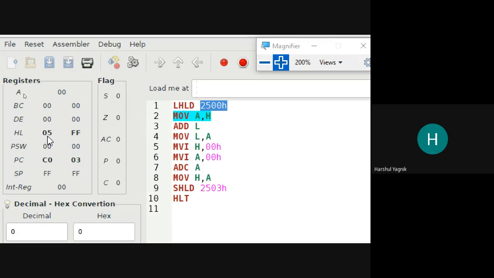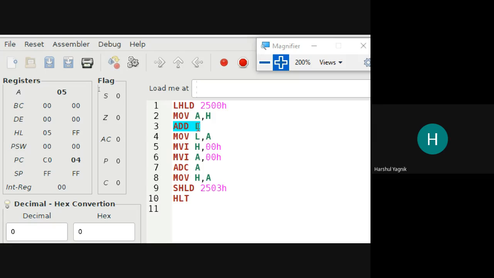Presently it is 05. When we run this instruction, now the accumulator is also 05. Then we perform addition of the content of the accumulator and register L. So the instruction mnemonic is ADD L.